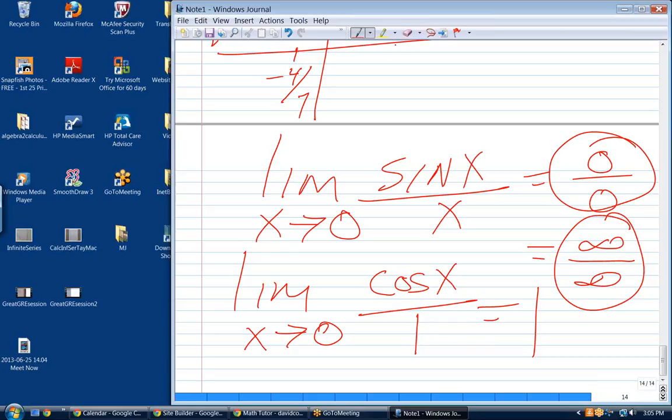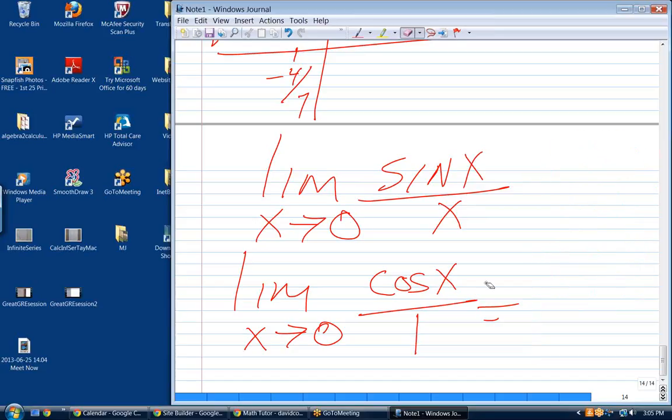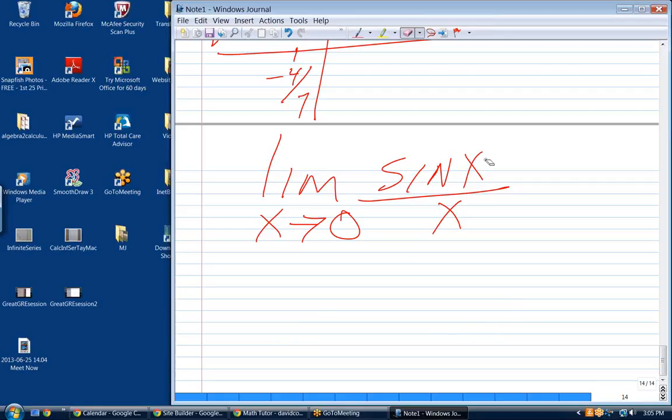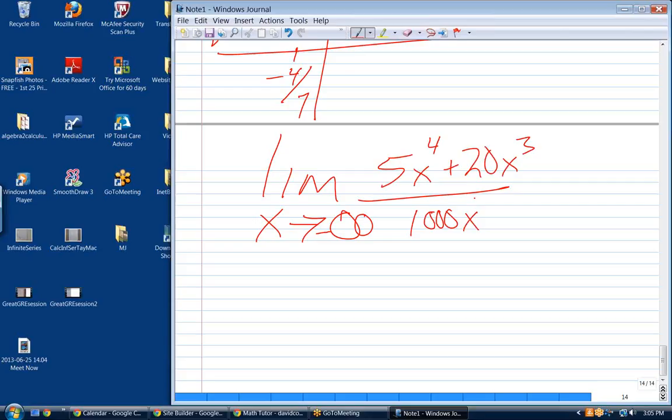Okay, the question here is asking, say whether or not L'Hopital's rule applies. If it does, use it to evaluate the given limit. It's the limit as x approaches negative infinity of 5x to the 4th plus 20x to the 3rd over 1000x to the 3rd plus 8. If you substitute